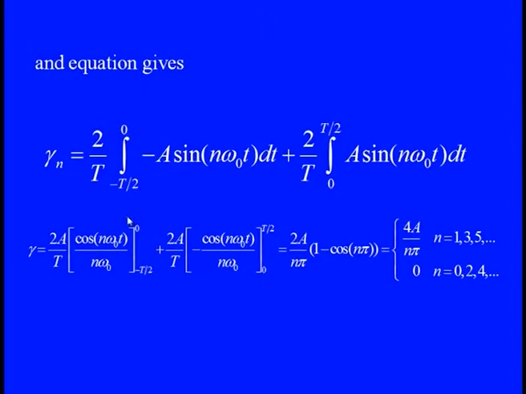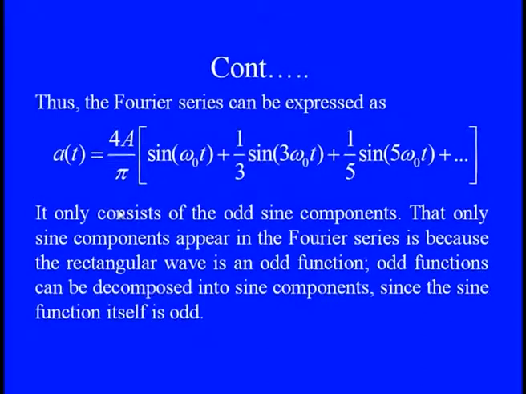So when we are decomposing this now, it is very clear that it consists of only odd sine waves. So you see here, when we make the Fourier series through this decomposition, we have f(t) equals the amplitude 4A by pi into sine of omega 0 t, now n is 1, plus 1/3 of sine 3 omega 0 t, plus 1/5 of sine 5 omega 0 t. So that means the odd terms are clearly showing their presence, and the only sine